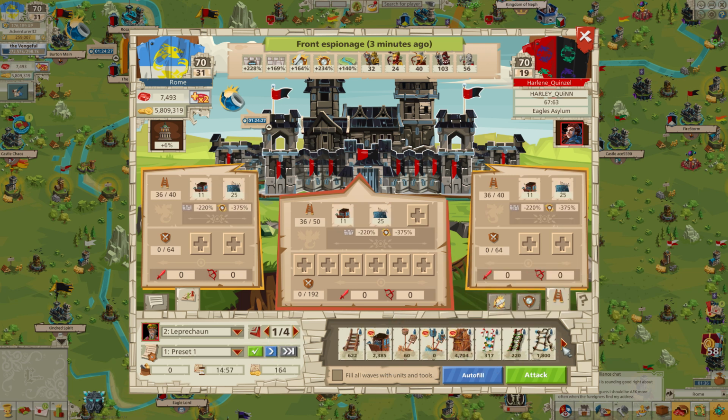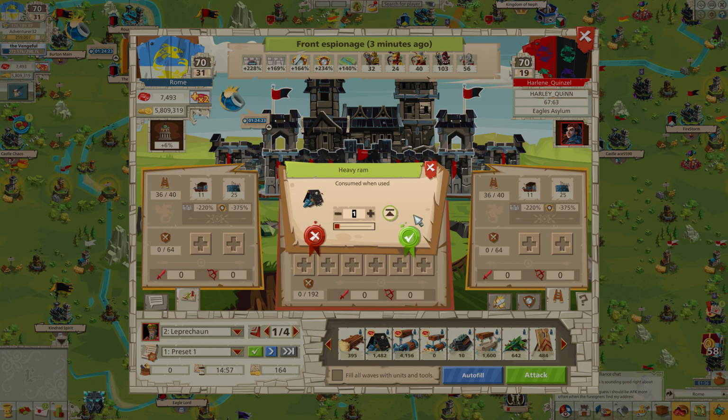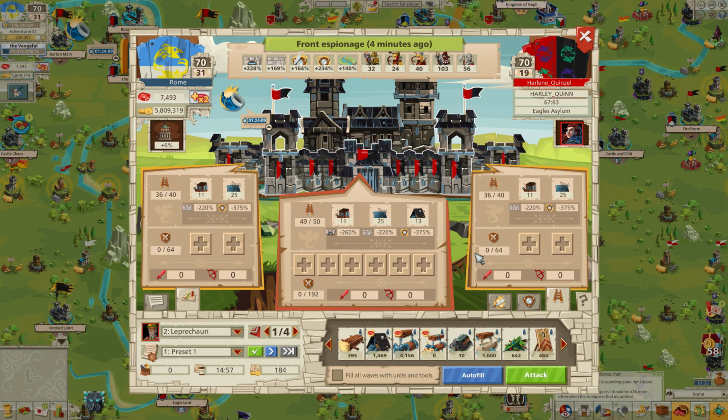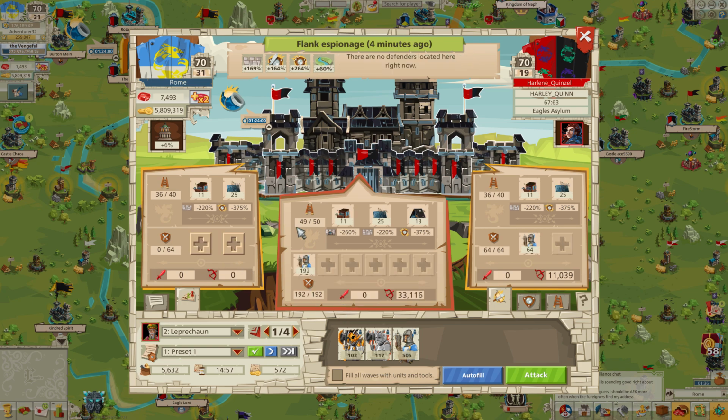So, we are going to go to our best gate tools. And 228 plus 15 is 243, I believe. So, that should be 13 heavy rams we'll need. So, now you can just do this, and you're going to want to do this on most waves of the